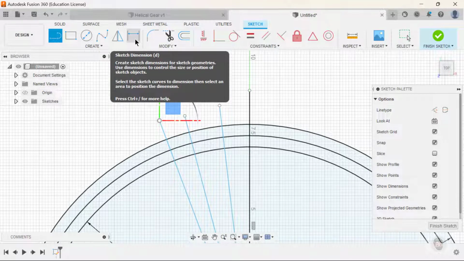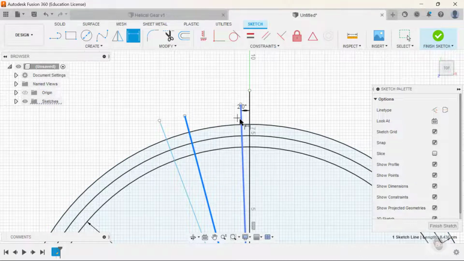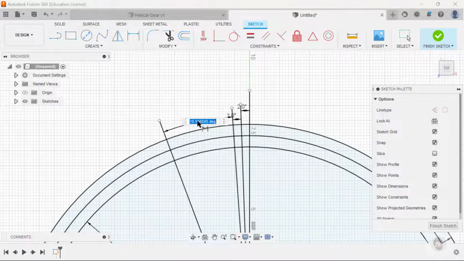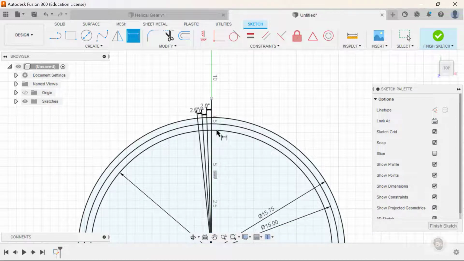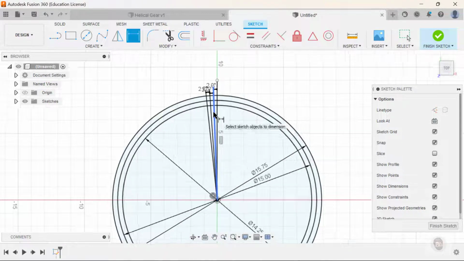Now you click on sketch dimension and you click the first 2 lines and set the angle as 2 degrees. The second, third line as well, and the third and fourth. Now once you've set all the lines to a degree of 2 degrees,